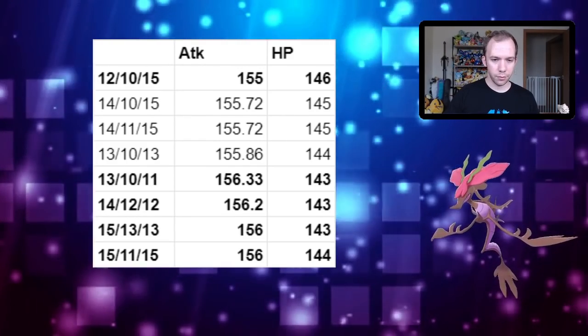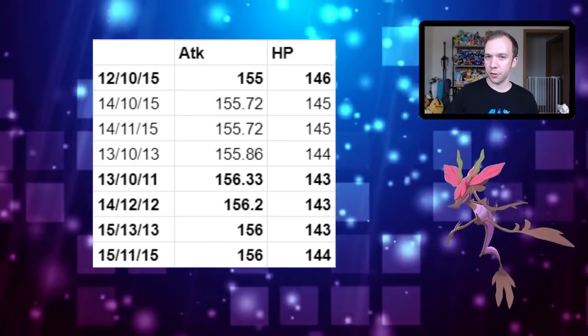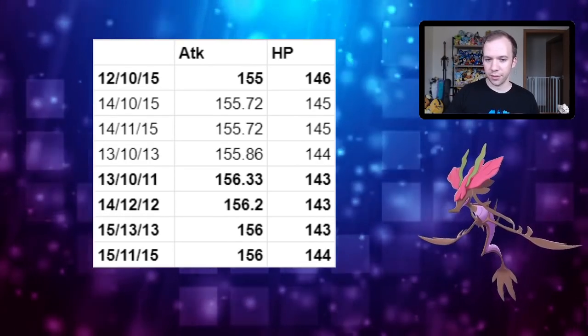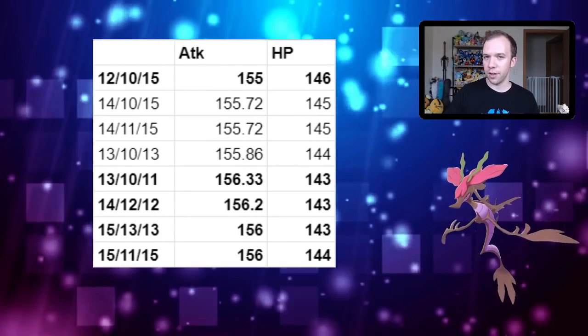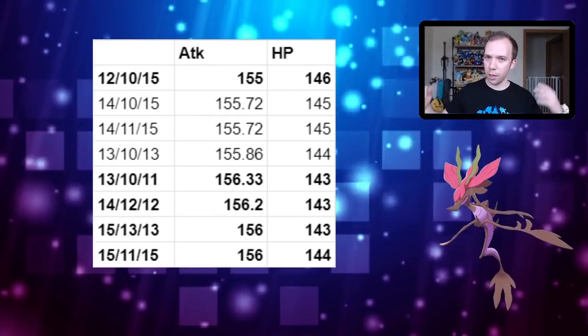Of course, these spreads aren't too shabby either. There are a lot of 156 breakpoints that your opponent having worse IVs can still allow you to hit with a non-156 attack stat, and these guys do get pretty close, and they do have slightly nicer HP, so I feel like they're definitely worth counting in and not counting out, especially if you don't have a bajillion